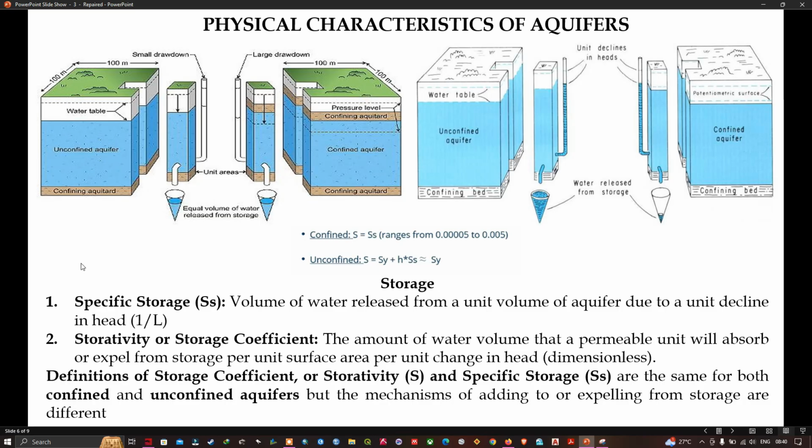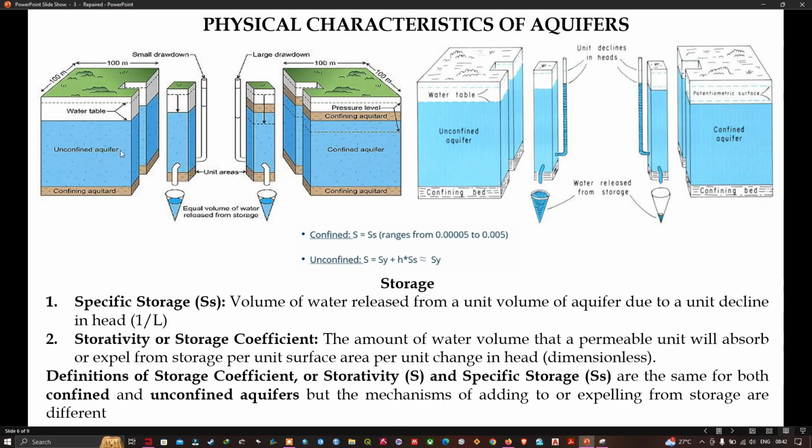So it means if we had discharged some water, the water table will decrease by just one unit. So what is the volume of water that could expel out? As we can see here, that could expel out due to the absorption of the unit surface area. To be more simple, you can say that we have a different storage parameter in unconfined aquifer as well as